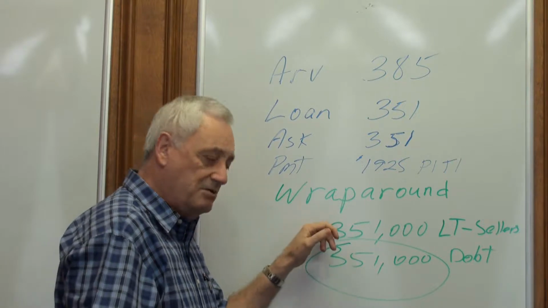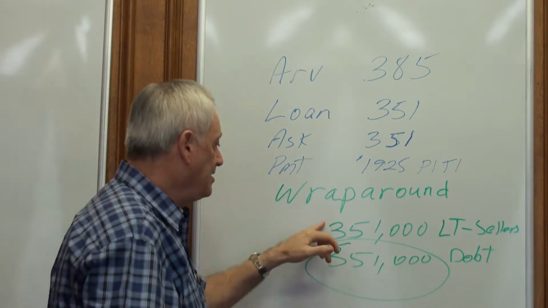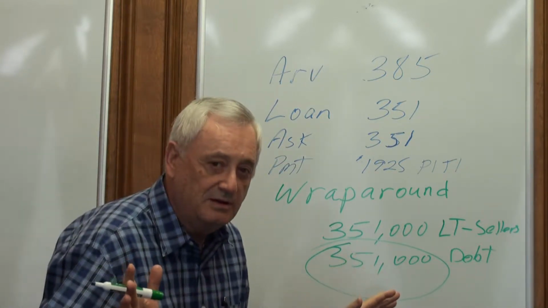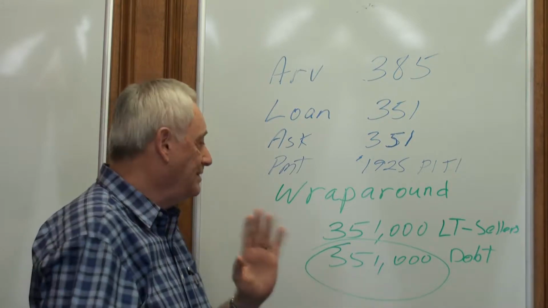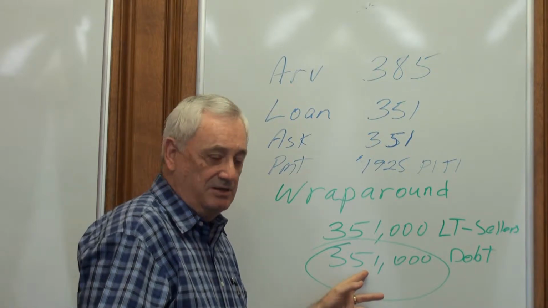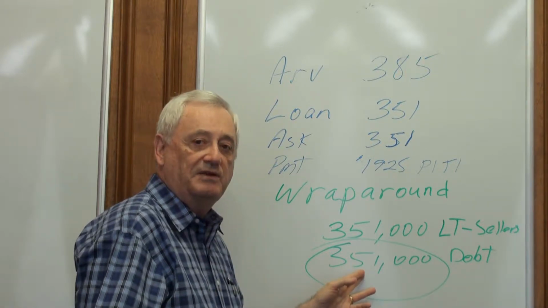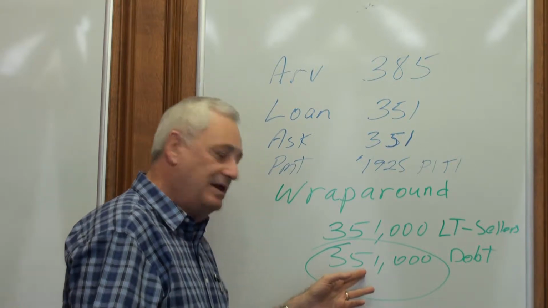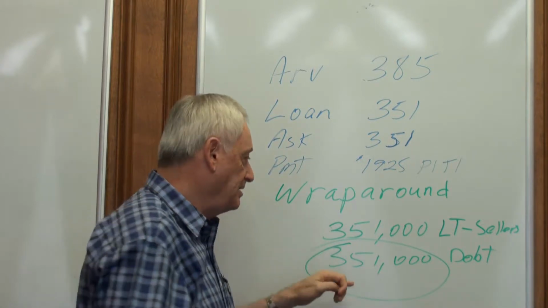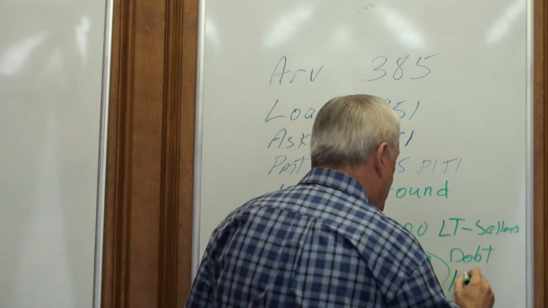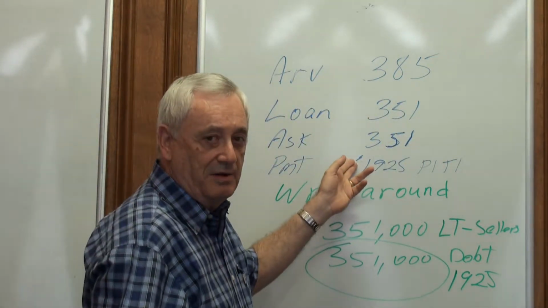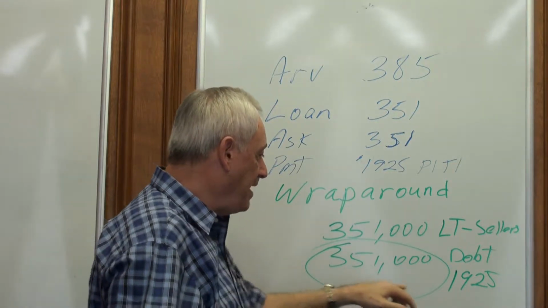Seller owes $351,000, I owe the seller $351,000. My payments are exactly the same as the seller's payments. The seller gets no monthly cash flow, the seller gets no more money. But what the seller does have now is a recorded mortgage and note saying that they are owed $351,000. So now when they get ready to qualify for a loan, they can take that document to the bank and show them that they are collecting $1,925 a month, which will wash out the $1,925 that they're paying and shows on their credit report. Now, am I paying the sellers direct?